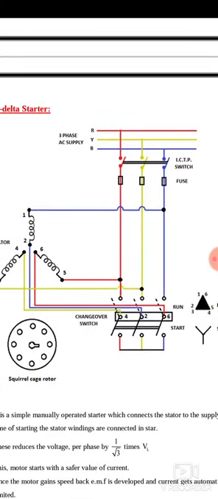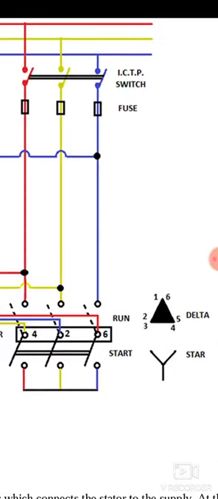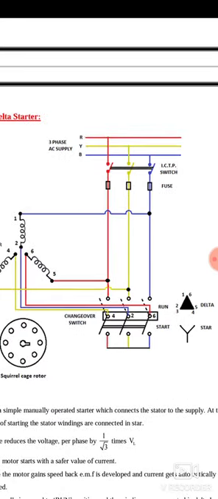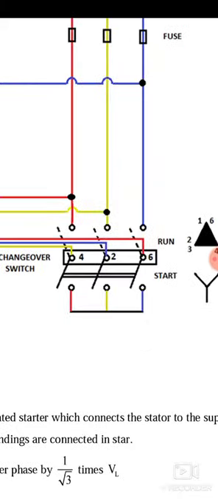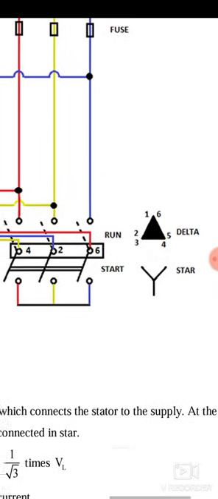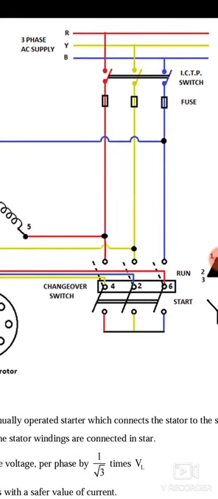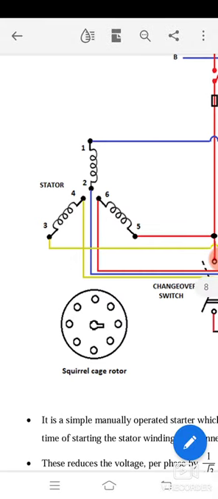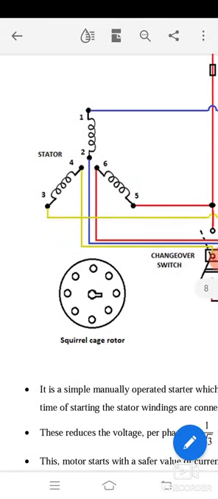As the motor reaches 70 to 80% of the normal speed, the plunger which is connected to this start terminal, we have to switch it to the run condition which is the delta connection. So in delta VL is equals to V phase. Now initially when it is connected to star connection, the voltage gets reduced. With the reduced voltage there will be a reduced rotating magnetic field, and there will be a very small amount of current initially inside the motor.